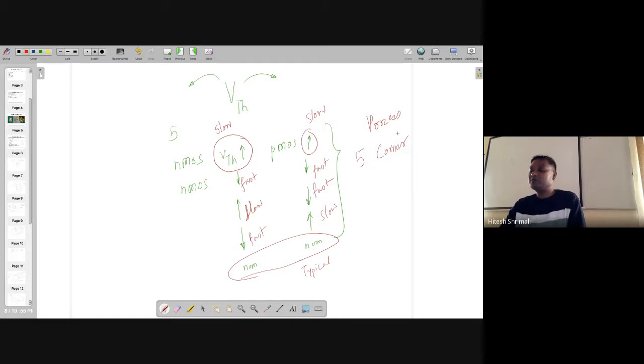So there are 5 process corners, maybe around 10 temperature corners, and maybe something like 3 voltage corners. So maybe around 150 corners I can see. You have to run the simulation for 150 simulations. Other than that, resistance will also have min, max, and temperature corners, and capacitors will also have that. If you are using an inductor, that will also have that. If you add all of them together, this number will be pretty high.